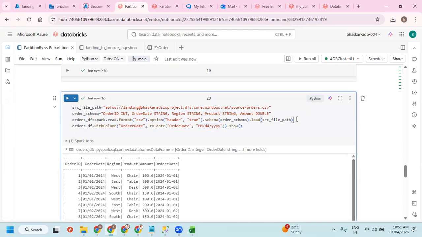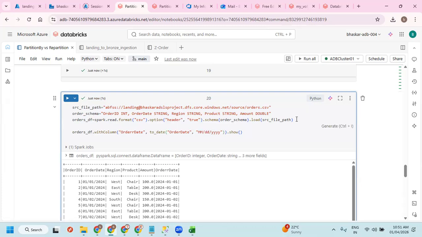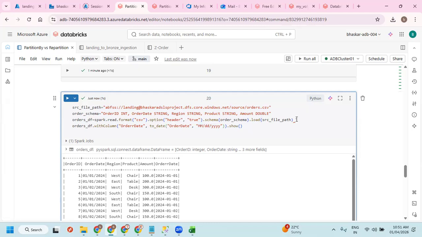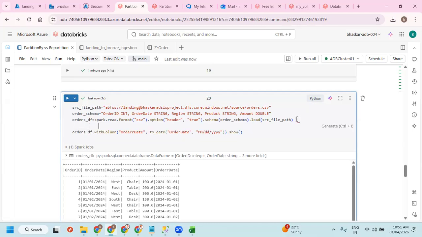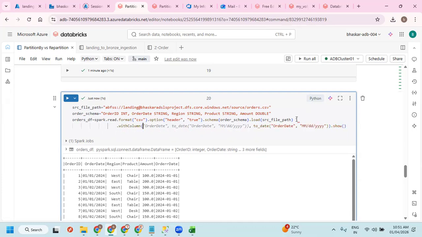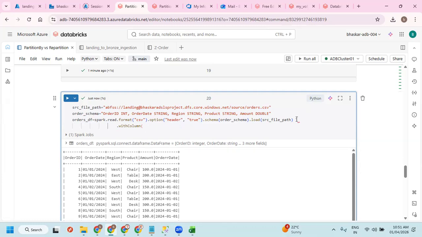What I'll do is, here itself, I'm going to add a column with column.